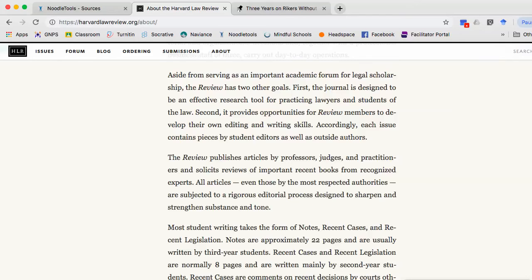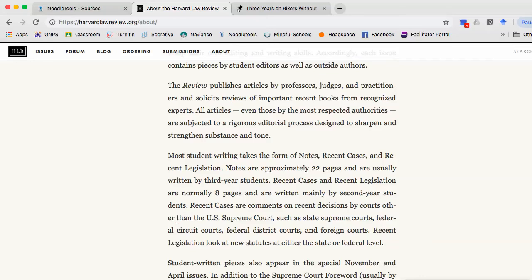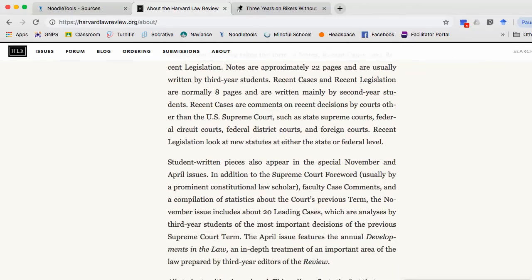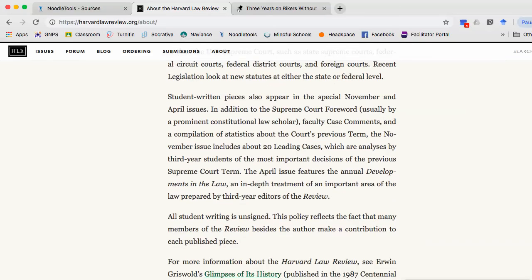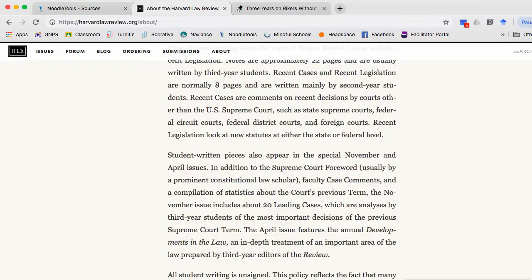Most student writing takes the form of notes, recent cases, and recent legislation. Notes are approximately... That's what we're looking at. We have a note. They're written by third-year students. Okay, that's what I thought. Student writing is unsigned. Okay, that's why we couldn't find an author. And this is because many people contribute. Okay, that's again what I thought. All right, so